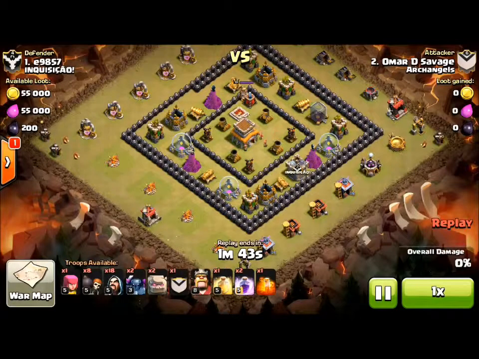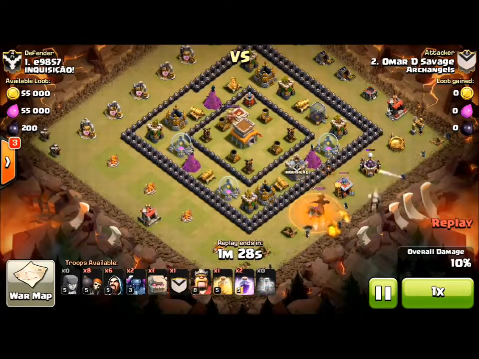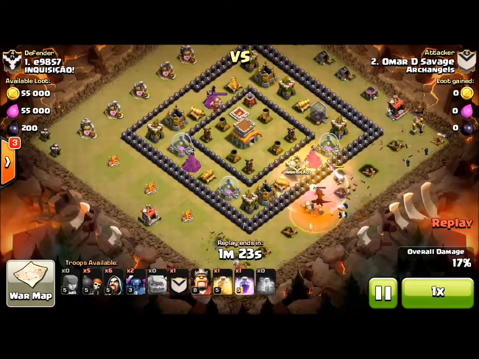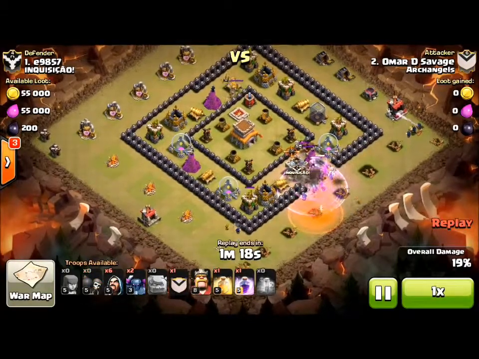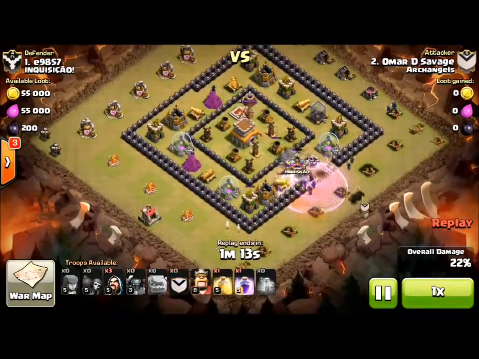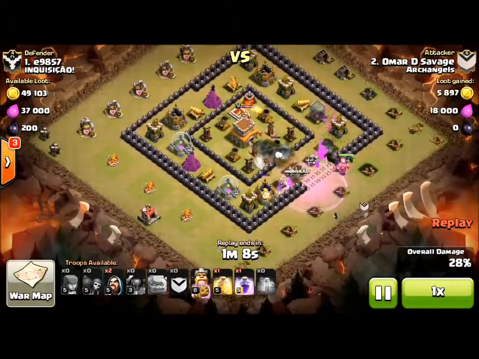It's a standard gowipe, and he's going to start off creating a nice wide funnel against that baseline, putting down some wizards, luring that dragon in the clan castle. He's going to drop a dragon, a poison spell on the dragon, and send in his golems as decoys and raid some wall breakers, and push in his wizards into the rage, and send down his 3 P.E.K.K.A.s and the